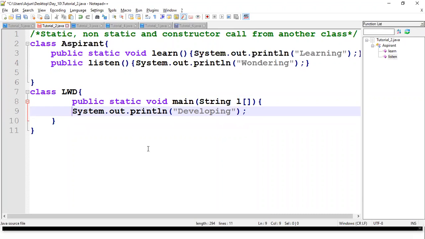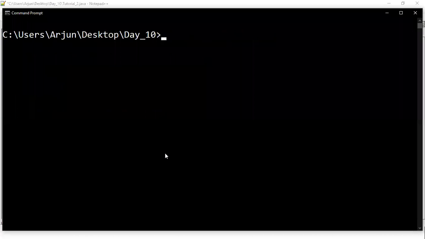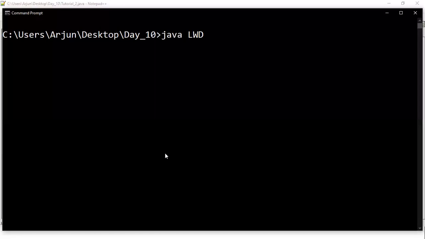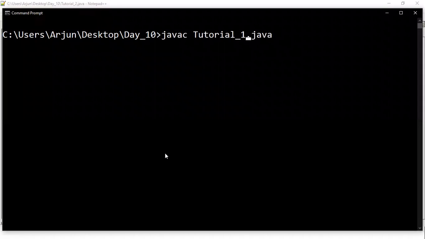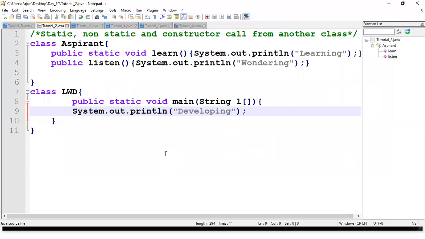So tutorial 2, when I execute this particular module, what will happen? What will be the output? Only... sorry, listen is not there. Listen policy. Okay, so even this listen is not called here.